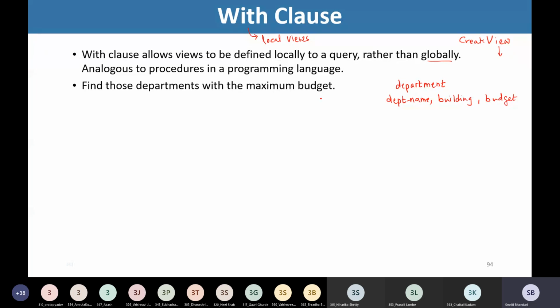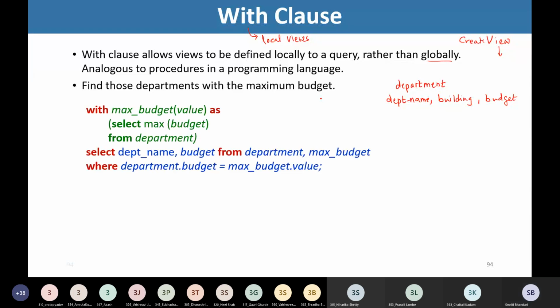So what do we do to find the maximum budget? We find the value, and then we need to equate that maximum value with the budget of every department so that we can find the department name having the maximum budget.